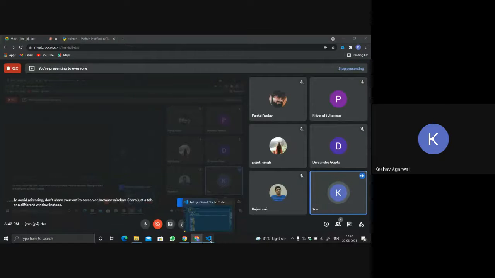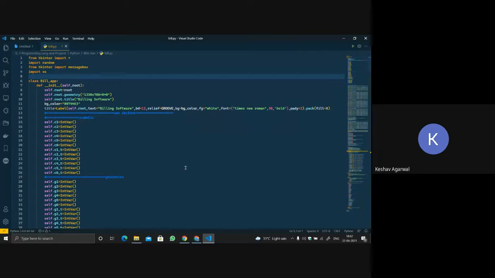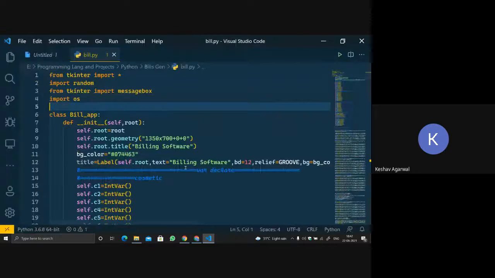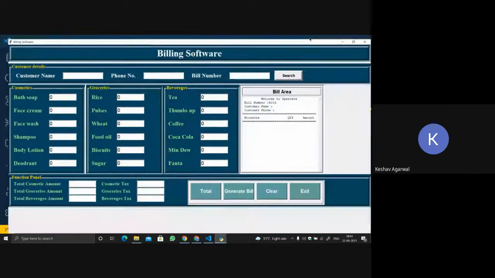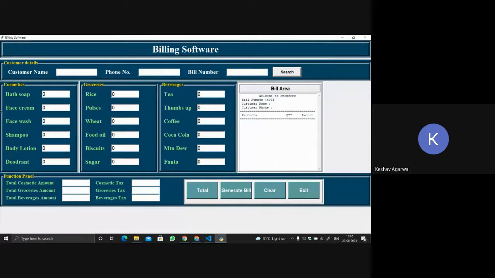First let me show you. I have already made a tkinter project before, and it looks somewhat like this. It is a billing software. You can see this is a UI. Whatever you type over here, it will automatically calculate.